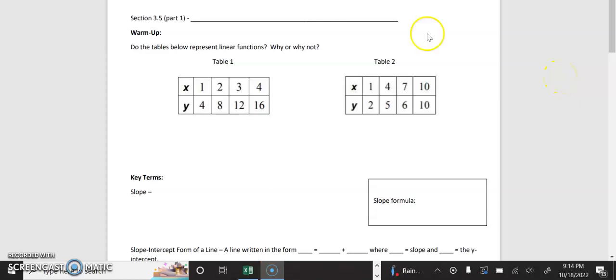In this video, we're going to take a look at the first part of lesson 3.5, which means we are going to